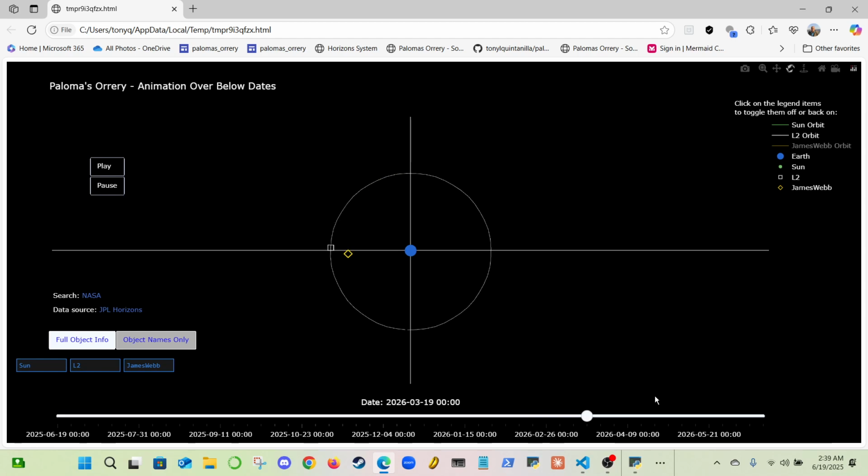So the Sun is somewhere down here, and Lagrange Point 2 is moving around the Earth in a similar orbit, but opposite. And notice that the Webb telescope has its own orbit around Lagrange Point 2, but it doesn't follow a normal circular orbit. It kind of goes back and forth